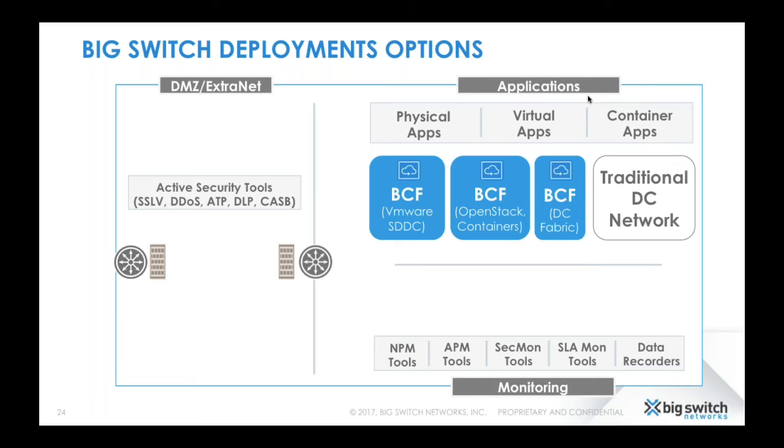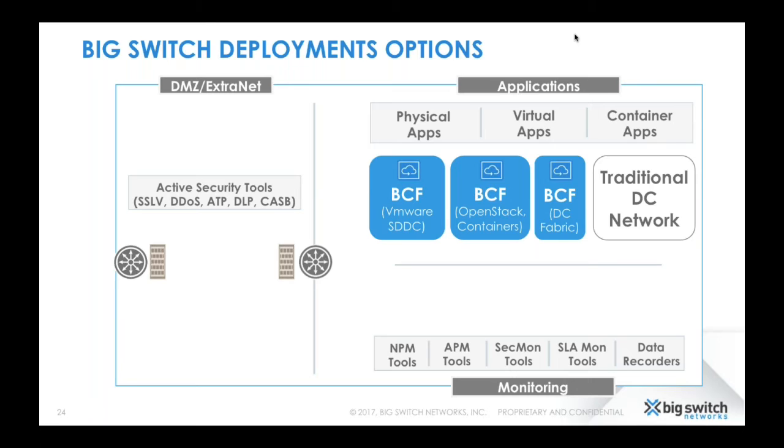So what Big Switch is offering, as Doug pointed out, is a portfolio of products driven with a set of use cases in mind for the data center, and specifically software-defined data center opportunities. When we consider the Big Cloud Fabric portfolio across the three use cases of VMware, OpenStack containers, and as a generic fabric, it is placed to connect applications of any type: physical, virtual, or containers. And it can be deployed in brownfield data centers or greenfield,